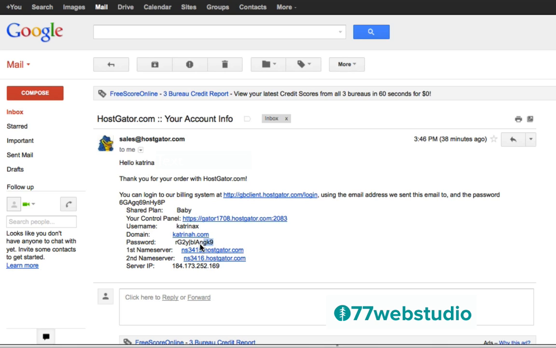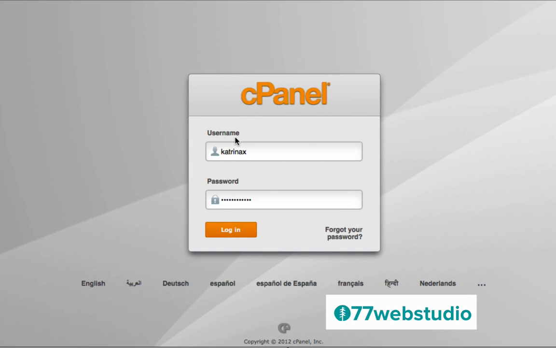So I'm going to copy this password here, the temporary password, and to log into your control panel, you'll use this link. So this is a really good email to keep in a safe place for future reference because you will be needing this information as well as the link to the control panel to log into your HostGator web hosting account.